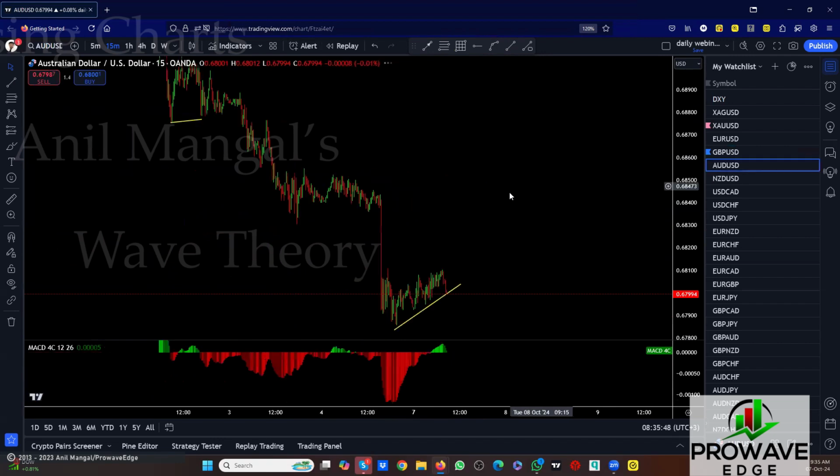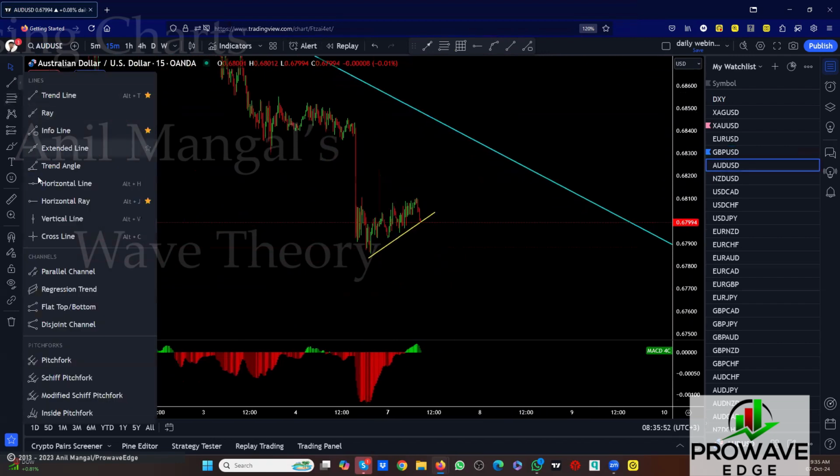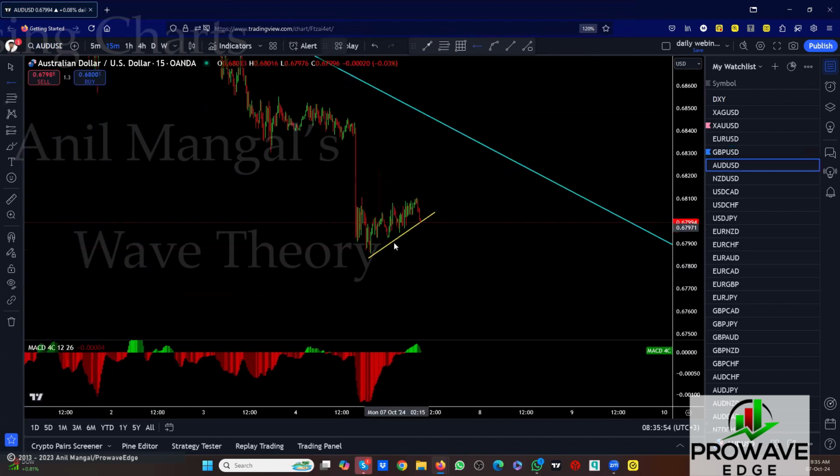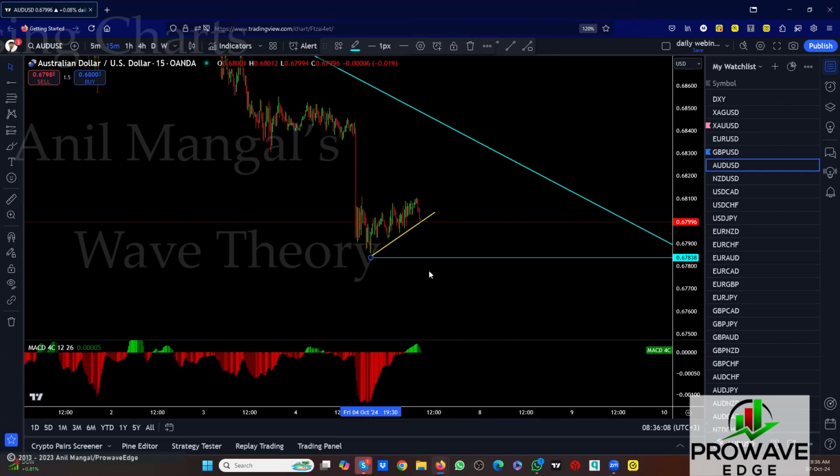Aussie downside sell. You can actually sell the Aussie here. I don't think we have a clear pattern in here as yet, so keep it under the low. If this goes back up, and I think this will go back up, then we'll move the entry to this point. And depending on how high it goes, if we get a flag, we start selling. So Aussie, I'm not expecting it to go back.